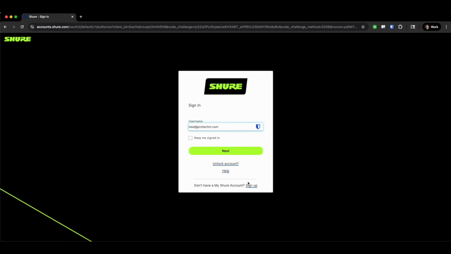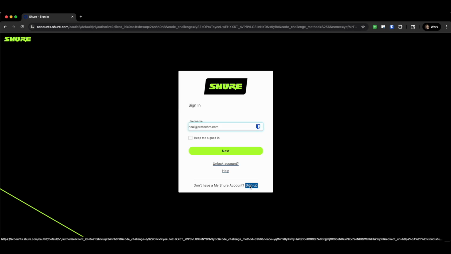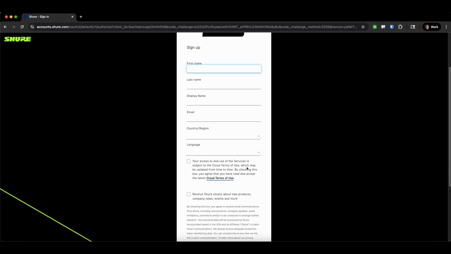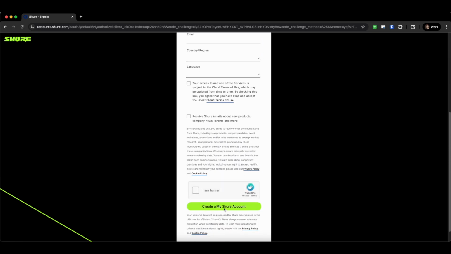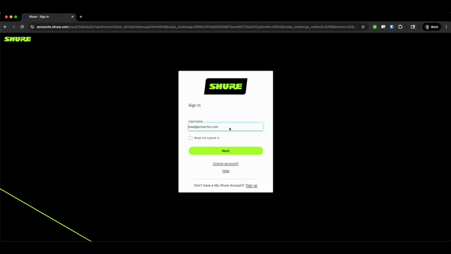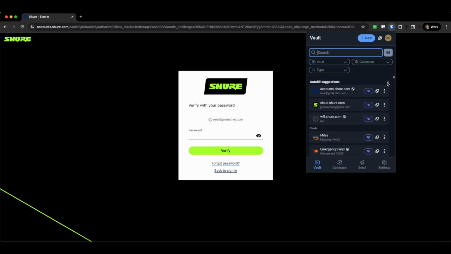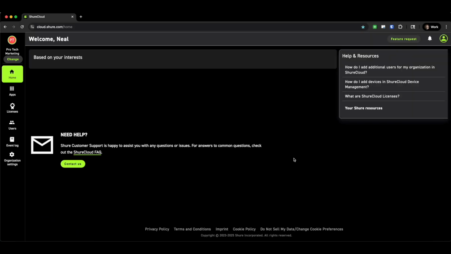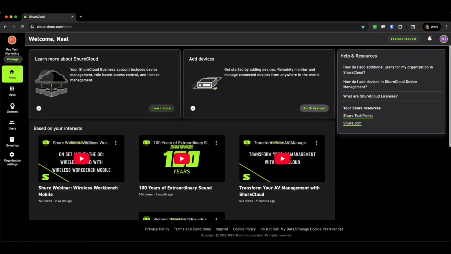If not, go to cloud.shure.com/welcome. Here you're going to input your information to create a Shure Cloud account. Once you have created your Shure account, you can then log in to the cloud. Select sign in. Neil's going to put in his credentials here. Once they have verified that, you will move on to step two, which is where you're going to name your